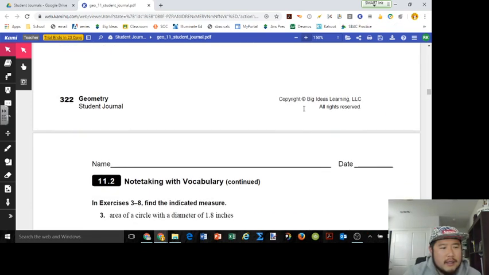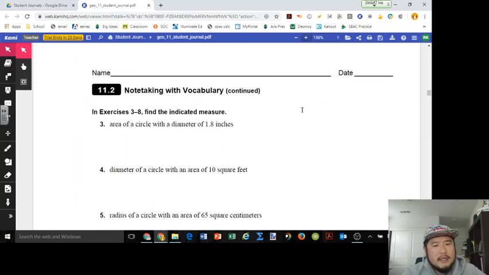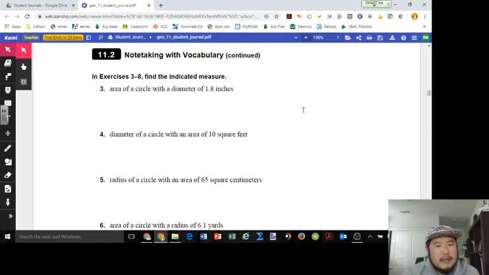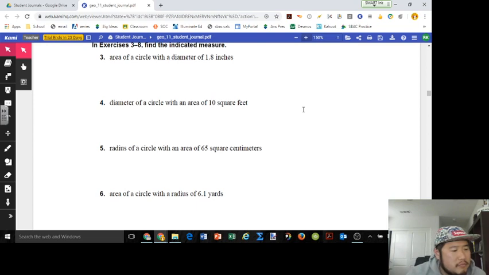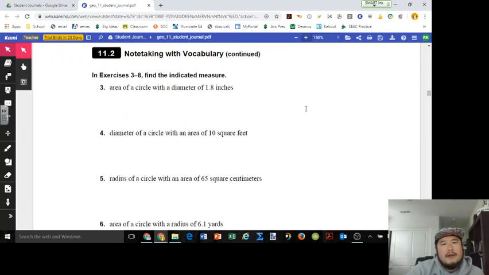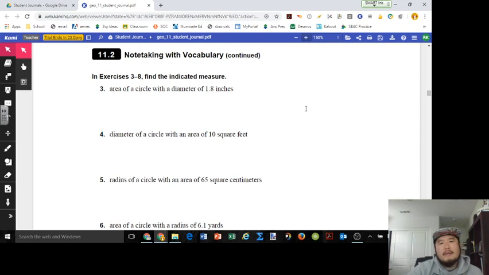Let's go ahead and take a look next up at number 3. So it says let's find the area of the circle with a diameter of 1.8 inches. Okay. So this number 3 is very similar